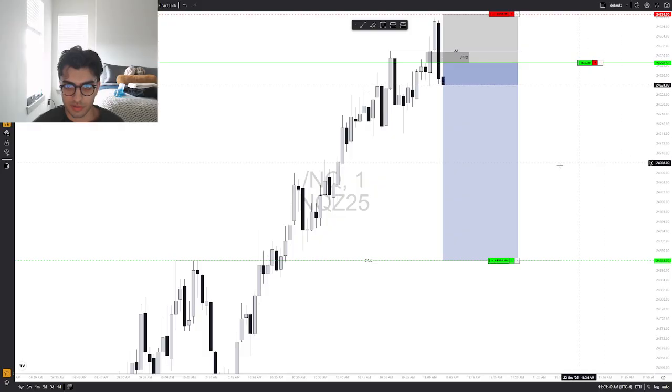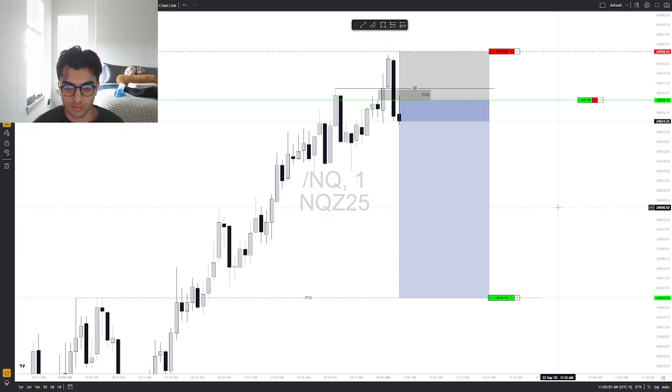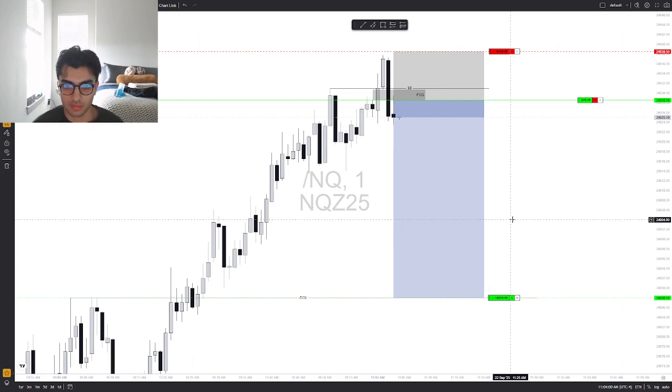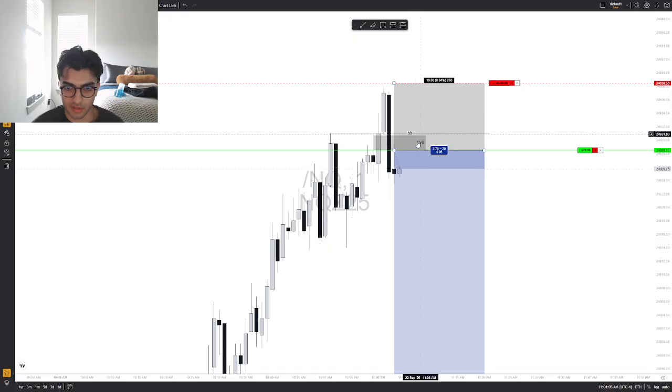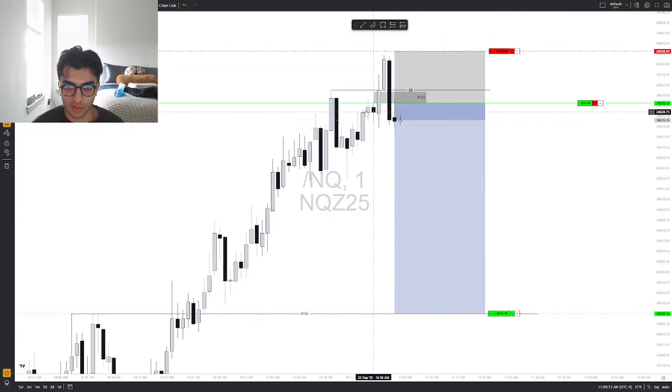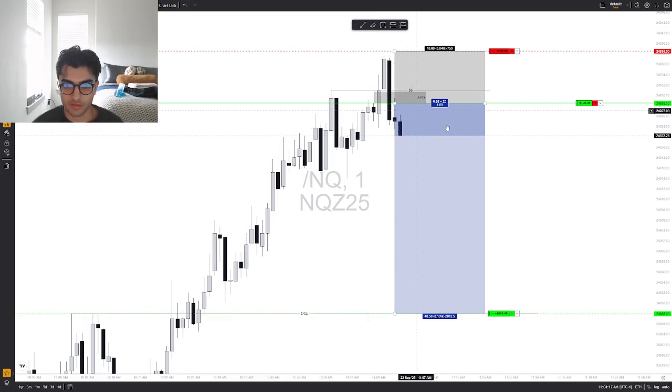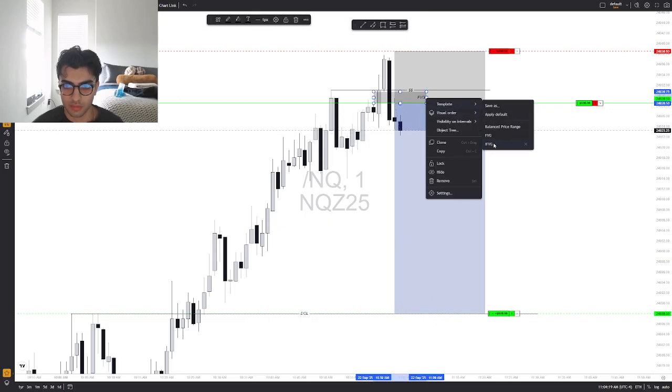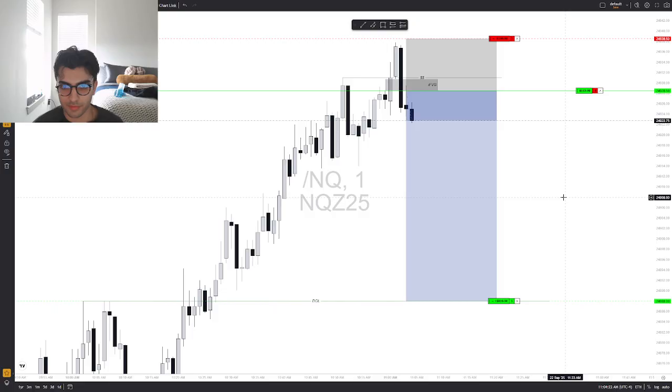So targeting these lows here, I want to see a flush. Again, I really don't like shorting all-time highs. I got burnt quite a bit last week doing this, but let's see how this plays out. Yeah, this isn't ideal. For closing out of this fair value gap, I ideally want to close out my position. But we got the sweep of all-time highs, got that V-shaped reversal, inverse this fair value gap. So I would want to see price move down here.